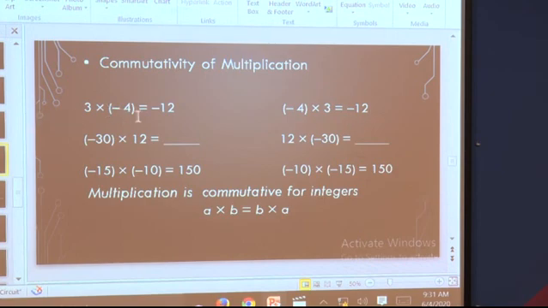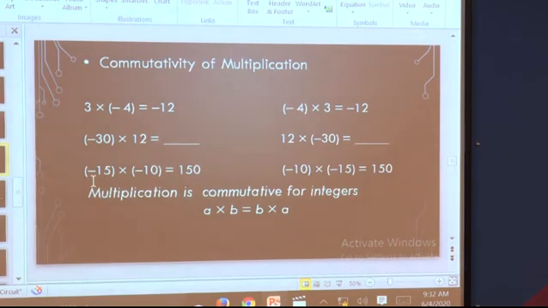I think it is very similar to the addition of integers which we learned in the previous class. One more example we will see here is a negative integer, that is minus 30, multiplied by a positive integer or whole number, 12. What will be the answer here? Yes, it is minus 360. What will be the answer here? It is the same. But what have I done? I have changed the place of 12. I have written here first 12 and then I multiplied by minus 30. So, here also I got minus 360.